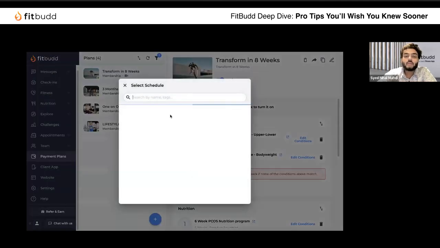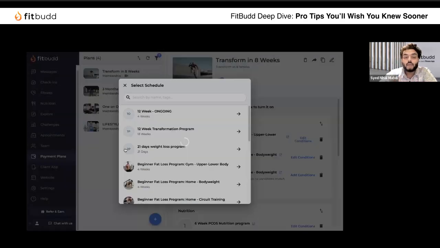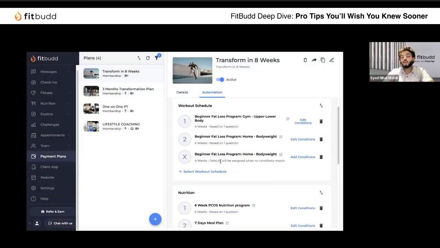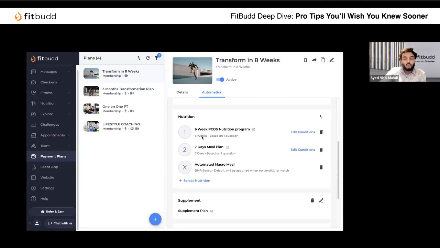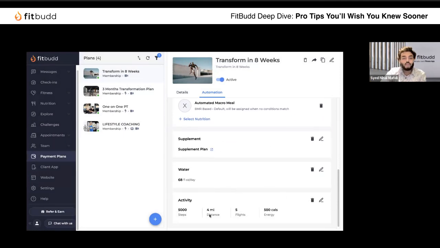If by any chance the options are not selected, then this third one, which you will be selecting as a default program of this plan, can be utilized. Followed up with the same process for nutrition and supplement, water suggestions, and activity. All of this is of that type where you can manually just create it in the payment plan, exactly the way we have done it for each client manually. You're just doing it for the payment plan. Whoever purchases the payment plan,